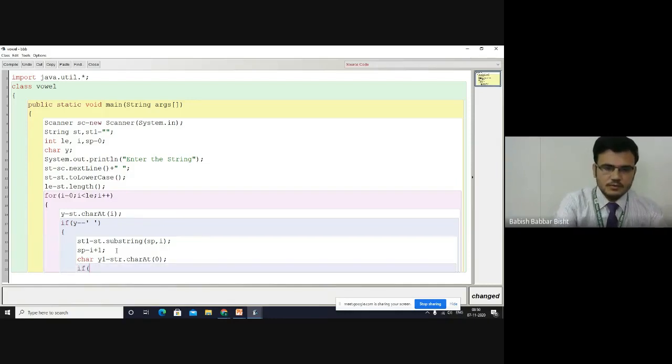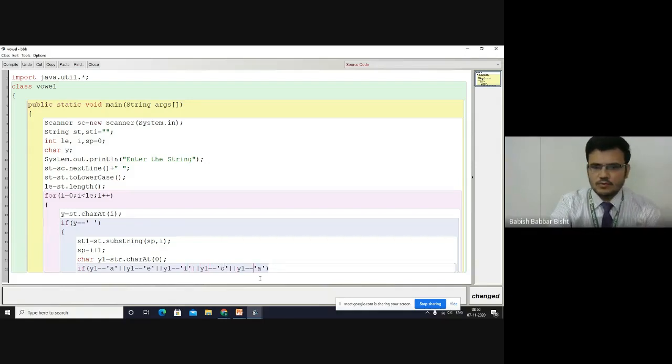If my extracted character y1 is equal to a, or, I will copy all 5 conditions: a, e, i, o, and u.